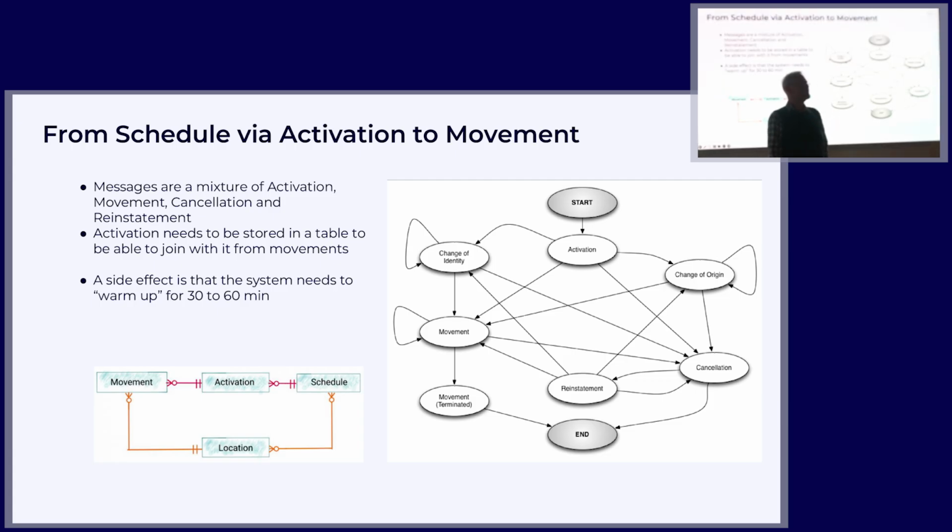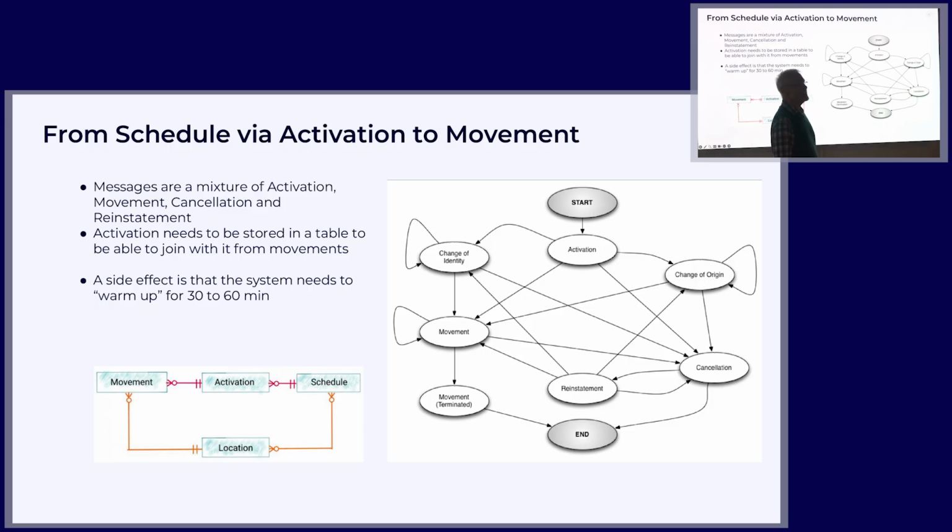Messy data. Data with character. That's what we encounter in the real world. So it turns out all these movements around are actually not just movements. It's a state machine. The state machine starts with an activation. No train moves unless I actually activate it. That can be done by a schedule or by some operator pressing a button or giving the train a good kick and saying, move that way. So without activation, nothing moves.